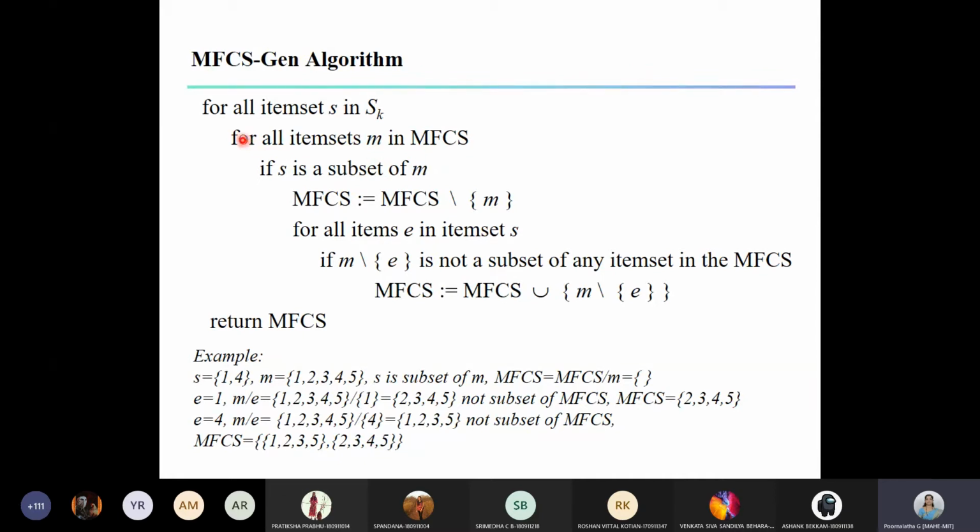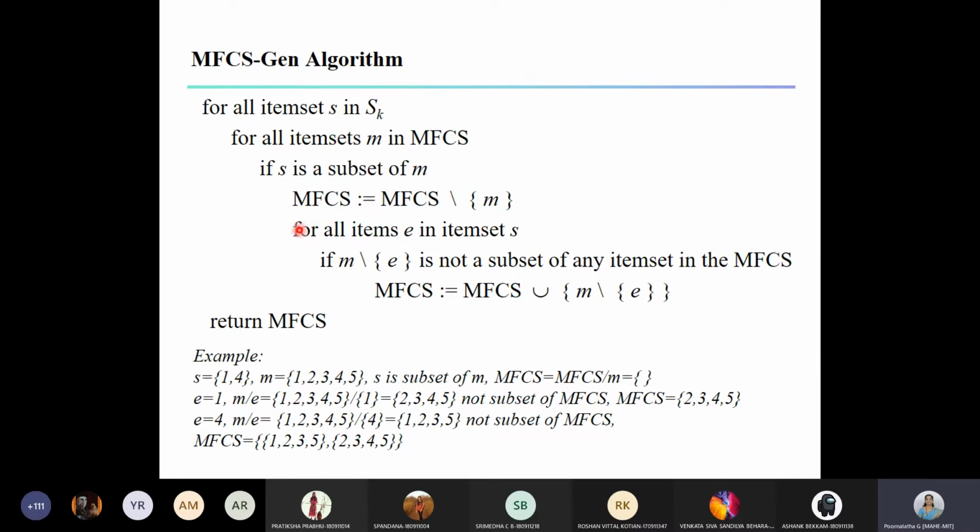Then after this we come inside the for loop, and we check for a condition. If S is a subset of M, what is S? S is the first item set in SK and M is the first item set in this MFCS. So we are checking if S is a subset of M. If so, MFCS equals MFCS minus this M. So we are removing this M from the MFCS.